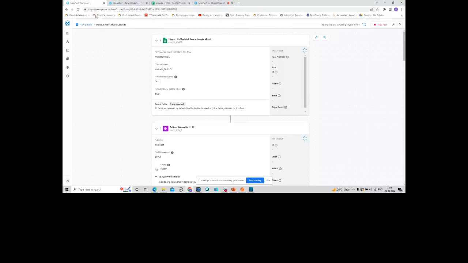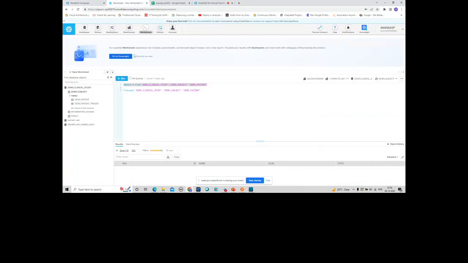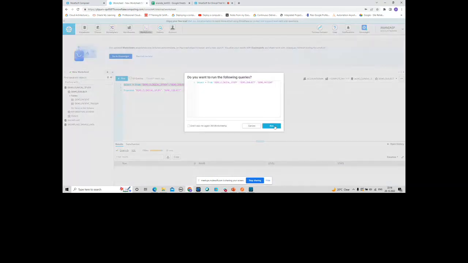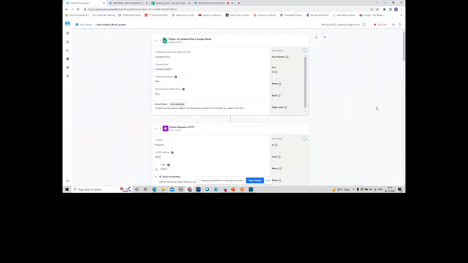Now it's listening to the event. I will change the state, and it should allow me to insert the data into the Snowflake table. It's running. So far there is no data. It's now getting processed.